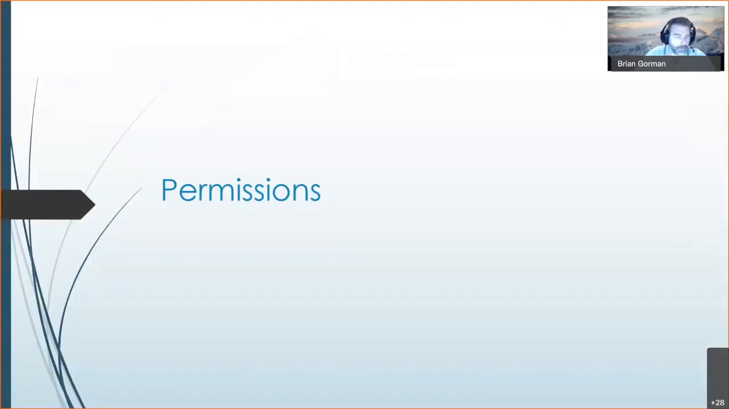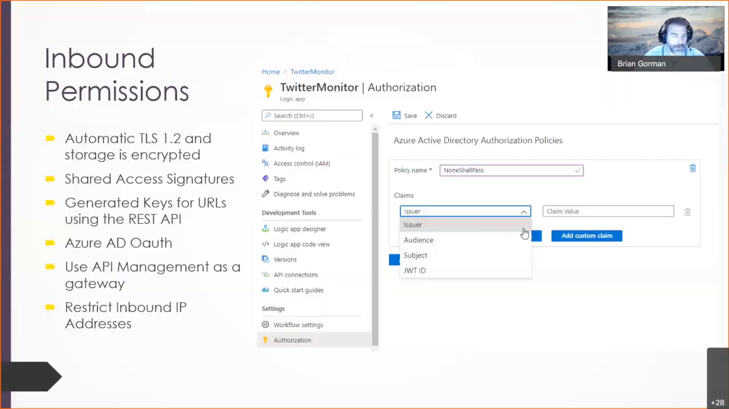And of course, permissions are important, security is important, so we want to make sure to be aware of that. Every logic app you create is actually stored in storage, and it's encrypted at rest. It automatically requires TLS 1.2 to connect to it, if you're using HTTP posts, for example. So you have your basic encryption in place, but you can actually do things like create shared